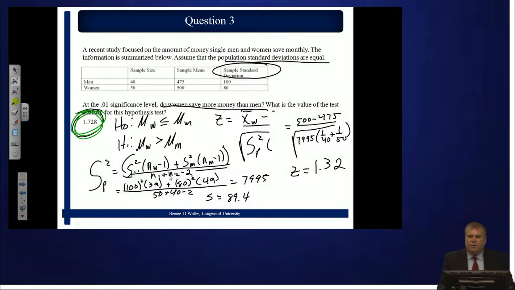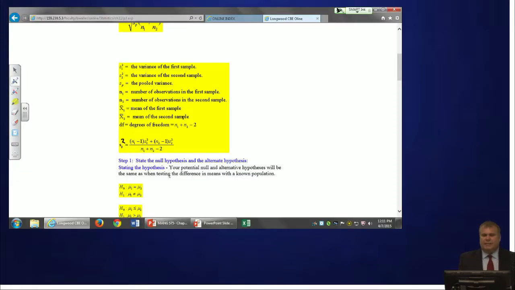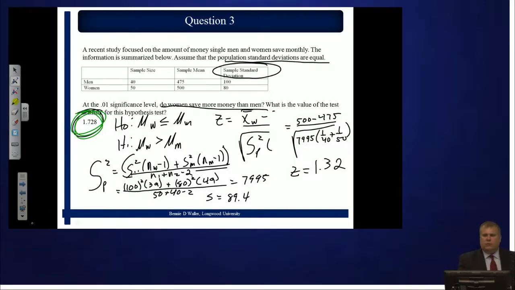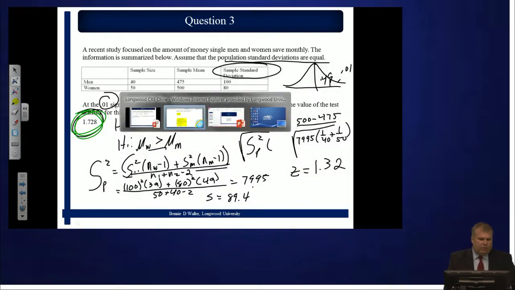Okay, Lori, you're calculating a T statistic or a Z statistic, either one. It shows here that it's a T statistic. And that's fine, whatever you calculate, whether you do a T or a Z, the formula's the same. When you look up your value, in this case, it's set at the 1% level. Well, if we used a Z statistic, it's a one tail, so what you would look up would be 0.49, and that 0.49 in a Z table would give you, let me see if I can quickly find